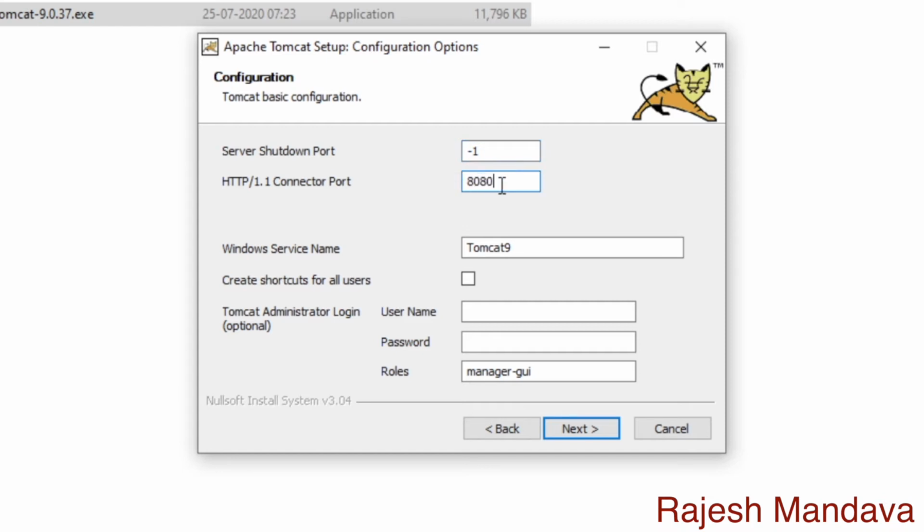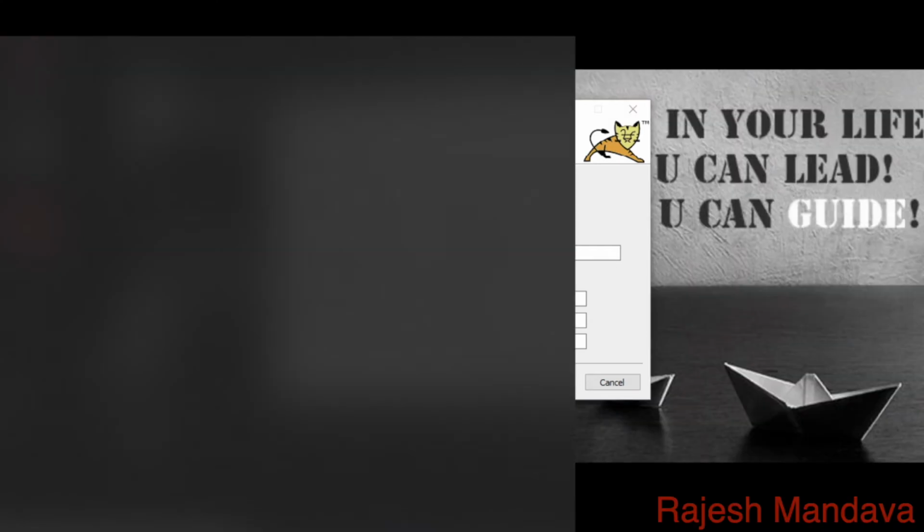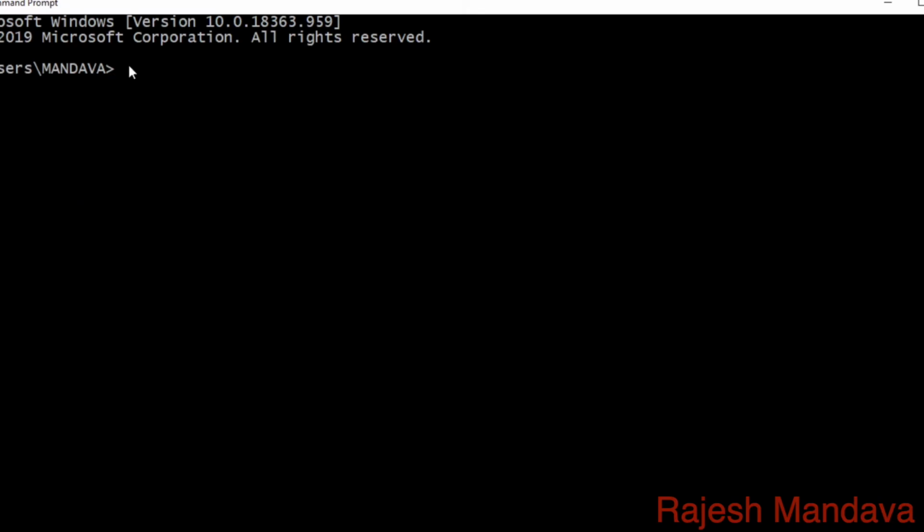This port number will be always busy, especially if you install Oracle. TNS listener will be almost on 8080. So once you have Oracle on your machine, never use this; it is always suggested to go for some other port. Then how to know whether this port number is occupied by some other service or not? Let us open command prompt, and here you enter netstat, which will identify whether this is occupied by any service or not. Okay, you have to specify the findstr string.